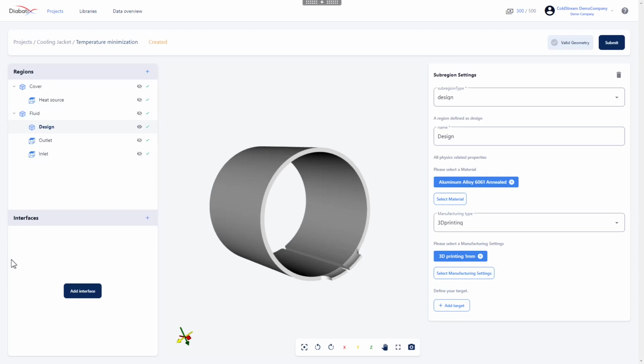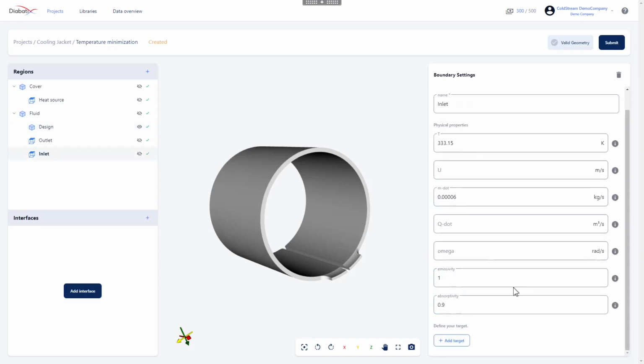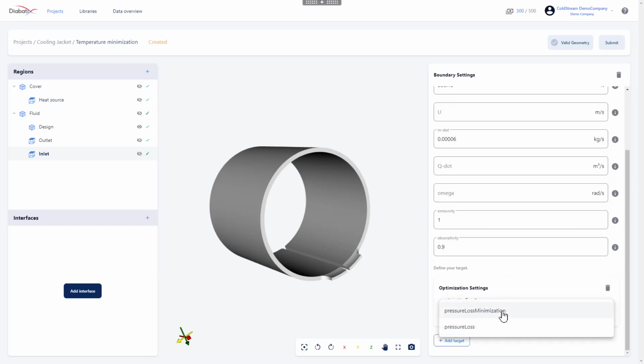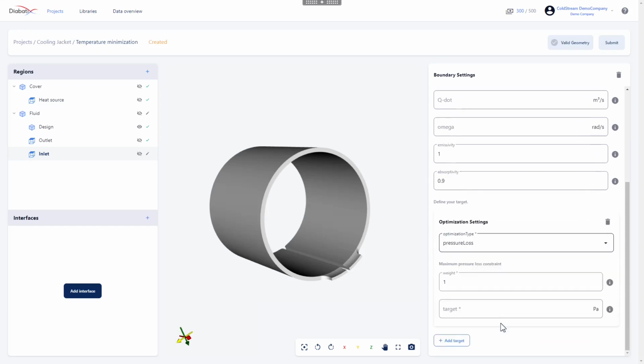Let's start with our constraints, which is the pressure loss constraint, and we would apply that on the inlet. So we just choose inlet, and then at the bottom here we click on add target, and then we choose pressure loss. Be careful, a pressure loss minimization is an objective. Like I said, a pressure loss, on the other hand, lets you define the maximum pressure loss constraint that you would like. In this case, it was about 5.8 kilopascal, and then we've set the constraint on the inlet, and